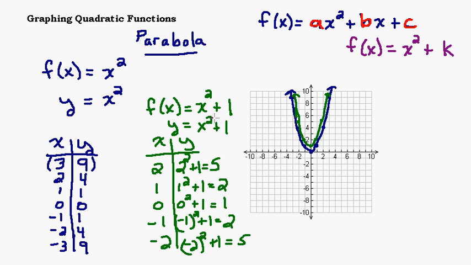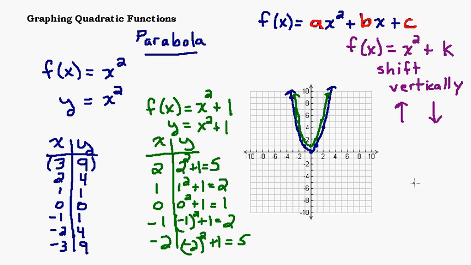So in the case of the green parabola, the k value is 1. What that's going to do is it's going to shift the parabola vertically, so up and down. Shift vertically specifies up or down. Okay, vertically means up or down. So it's going to shift it up if k is positive, and it's going to shift it down if k